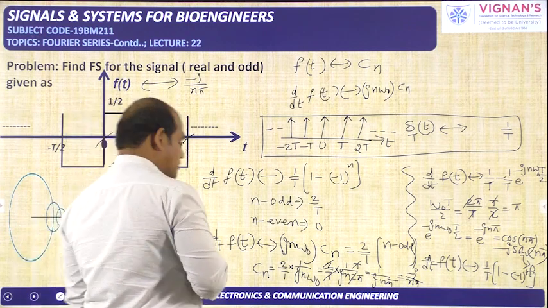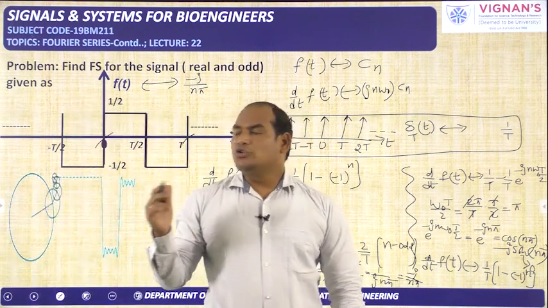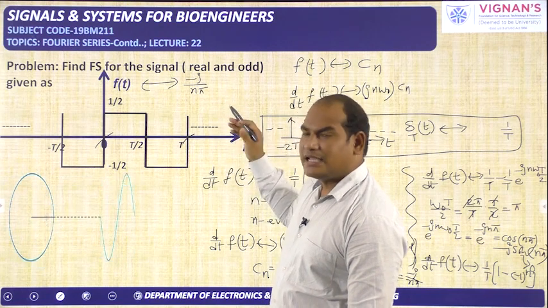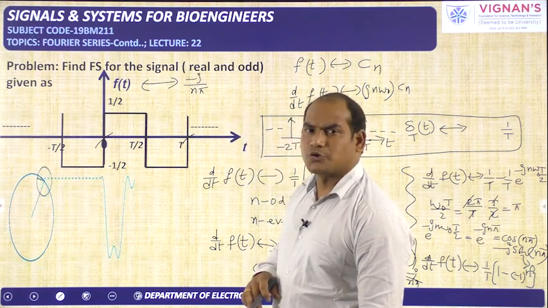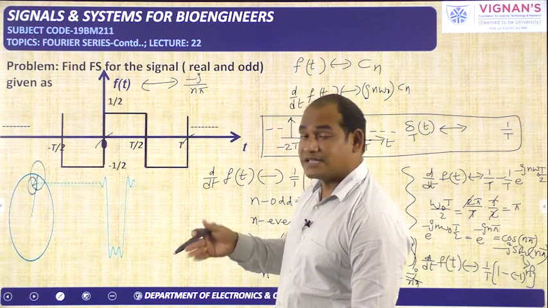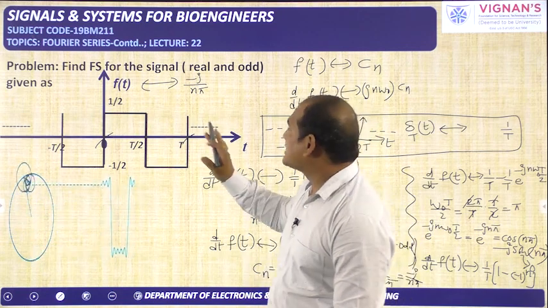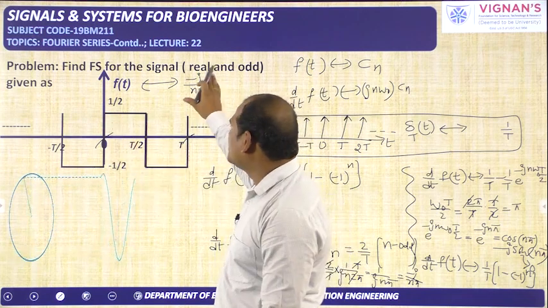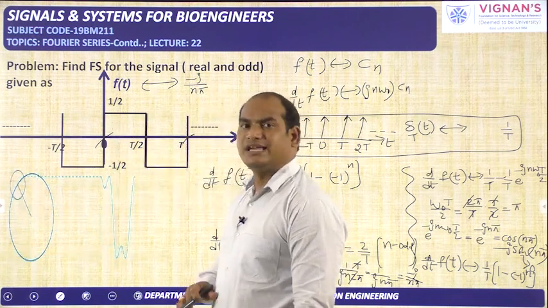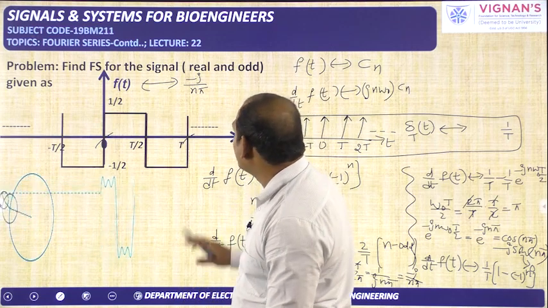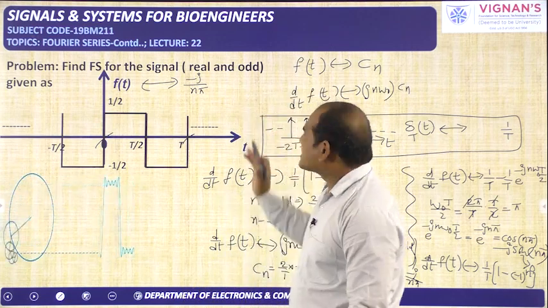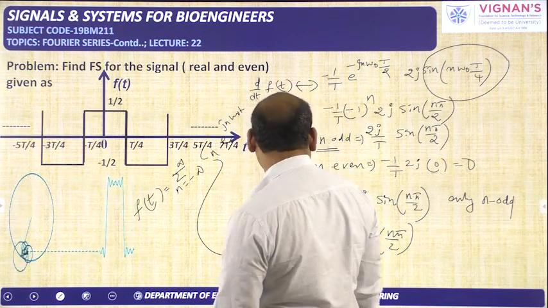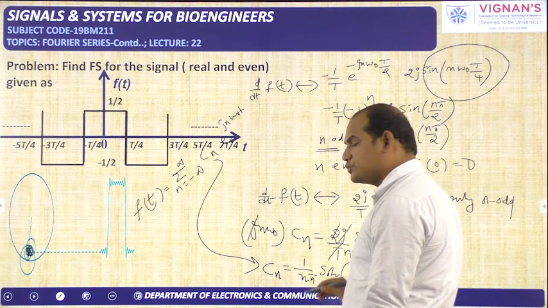Okay, so now the coefficient is obtained. You can write the Fourier series expression by substituting this coefficient in place of Cn in the exponential Fourier series formula, that is sigma n from minus infinity to plus infinity, Cn into e power jn omega naught t. Okay, the problem is over. This is the coefficient for this problem, and for the previous problem we got the coefficient 1 by n pi sin of n pi by 2.